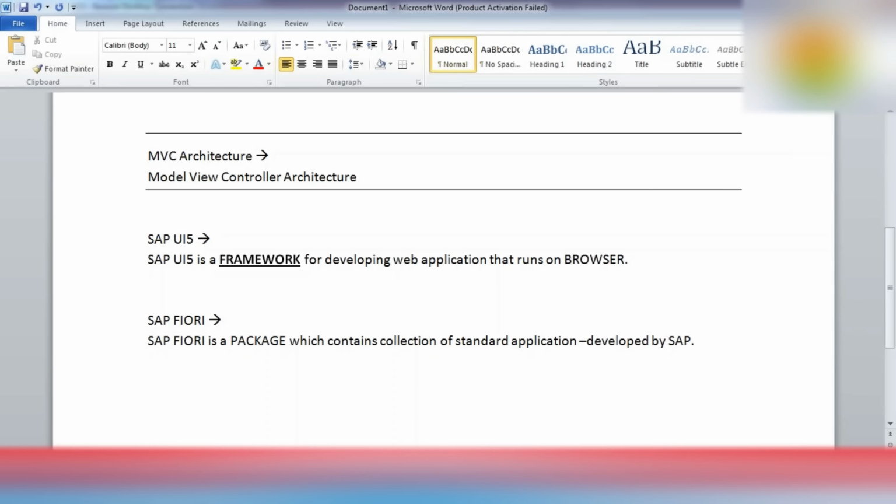And SAP Fiori internally uses the UI5 framework. So this is also important.